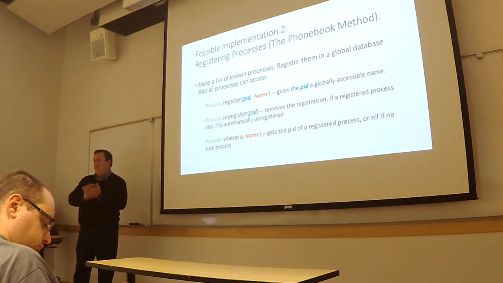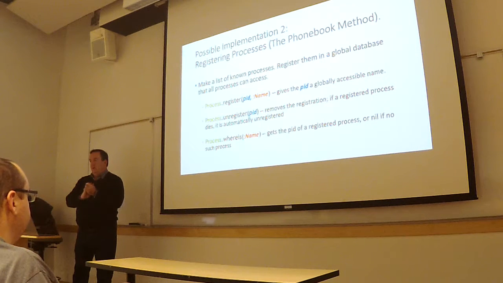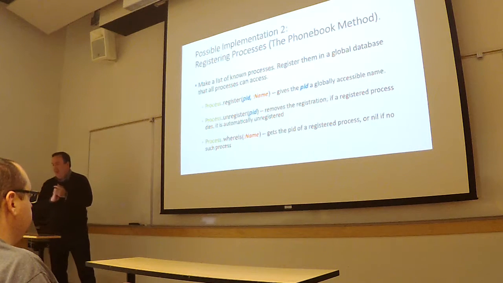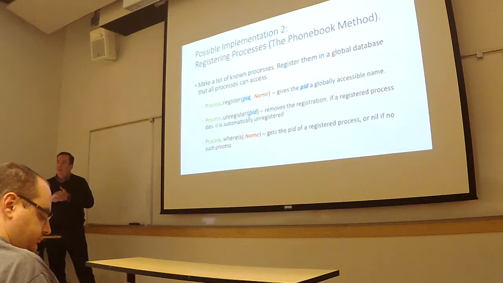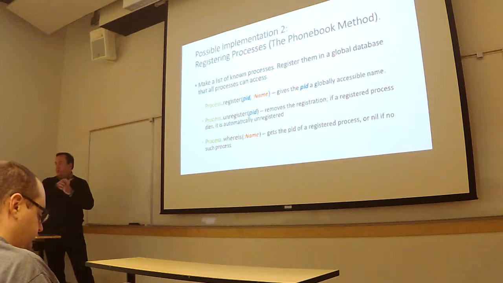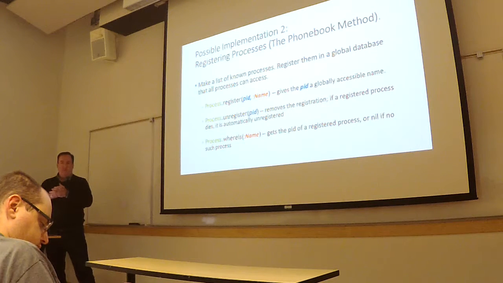Yeah? So how would you dynamically register new stuff via code? Because like, how does the name work with uniqueness? Ah, you're starting to see the problem. Remember I said this solves some of the problems, but not all? The big one it doesn't solve is scaling. This approach has problems scaling. So 100,000 processes, we got to make sure we give them all unique names. You're seeing already exactly one of the big weaknesses.